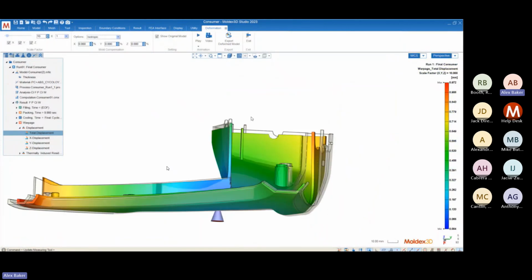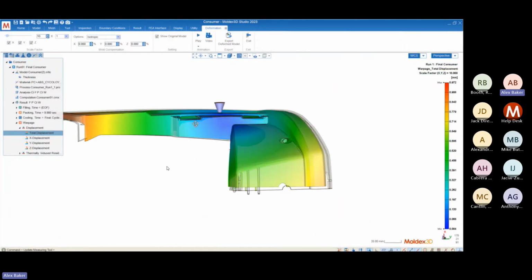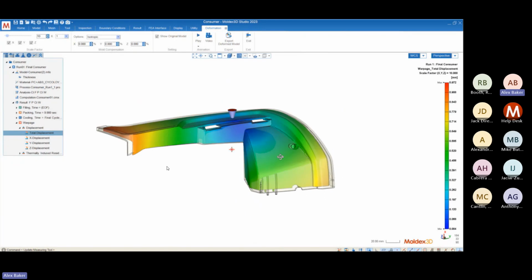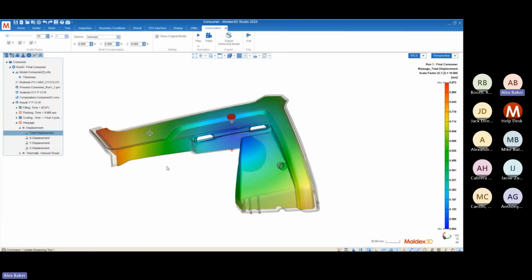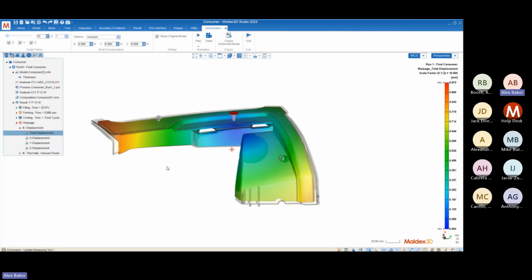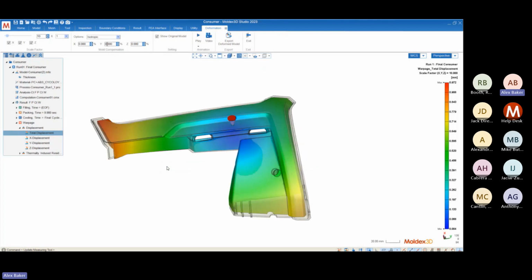All right, so linear shrinkage and differential shrinkage are both included into this result, and we need a way to separate the two. That's where the mold compensation comes into play. Mold compensation allows us to input the material shrinkage value, and then that's going to remove effectively the linear shrinkage from our part, just leaving the warpage or the differential shrinkage. All right, so I'll let you guys know that this PCABS material has a